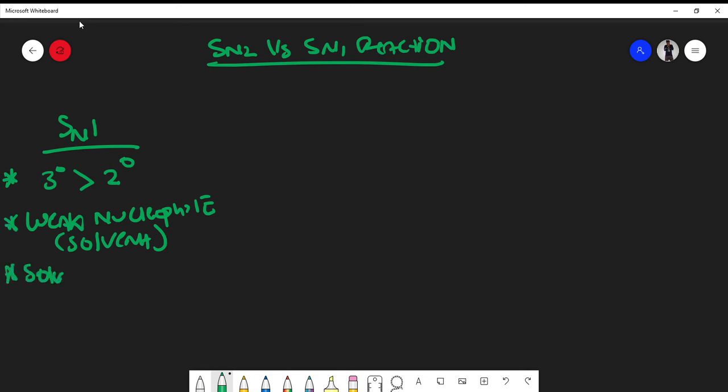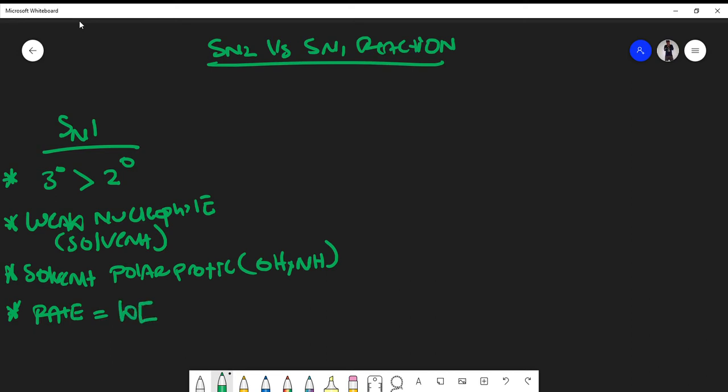The solvent is usually what we call polar protic, so any solvent with OH or NH bonds, like methanol or ethanol or even ammonia. Polar protic solvents. And lastly, just for knowledge, the rate is equal to some rate constant k